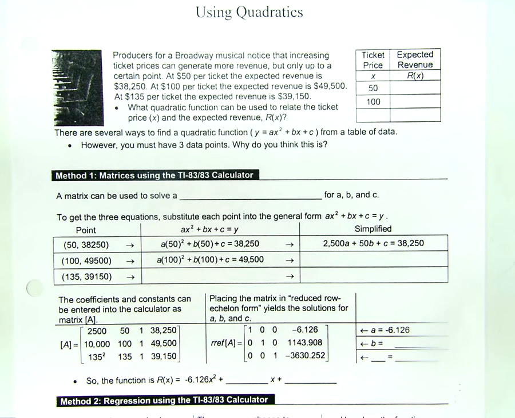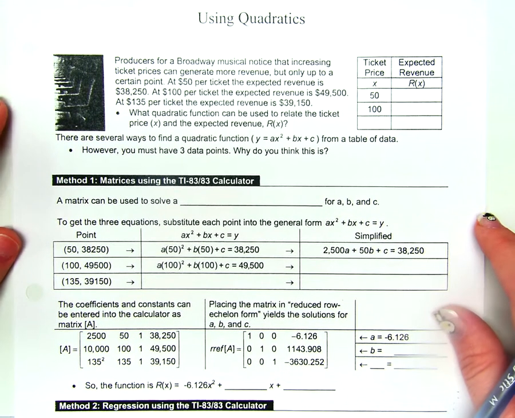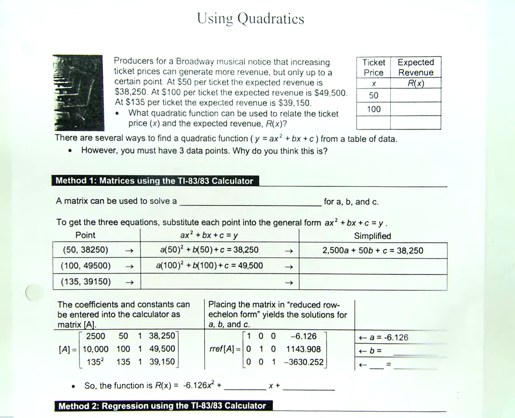Let's use some quadratic equations to solve some real-world type problems. Okay? Producers for a Broadway musical notice that increasing ticket prices can generate more revenue, but only up to a